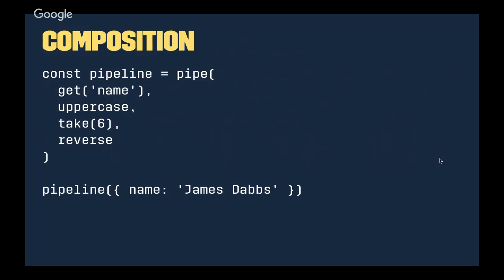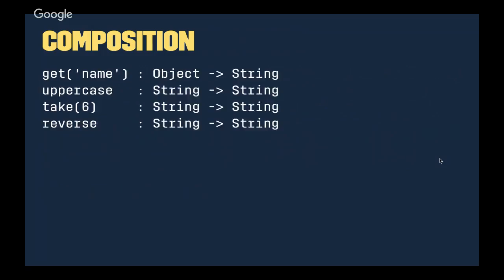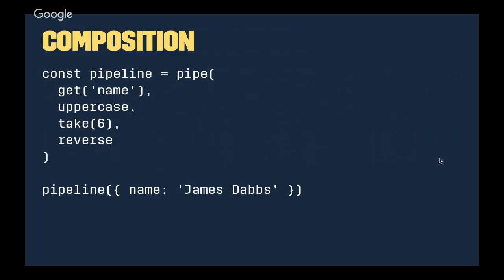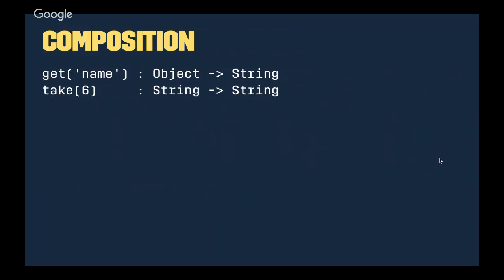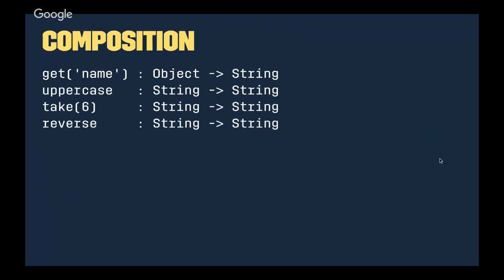This is higher level. It's not as immediate to see literally what the computer is doing, but I think it declares your intent at a high level. And the reason it works is because these functions fit together very nicely. My getName function takes an object and returns a string, uppercase takes a string and returns a string, and on and on. So I can feed the output of one into the input of the next. And when you've got a bunch of these things stacked up and it doesn't work, how do you know which one was the one that broke the type chain? I'll get to that. Thank you for the leading question.